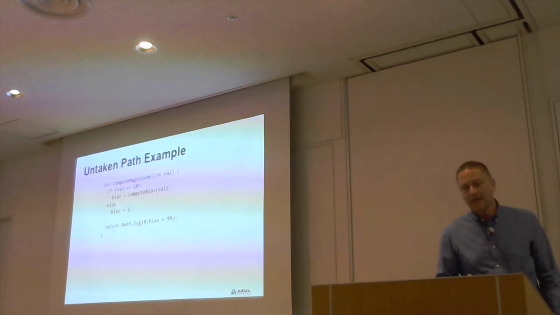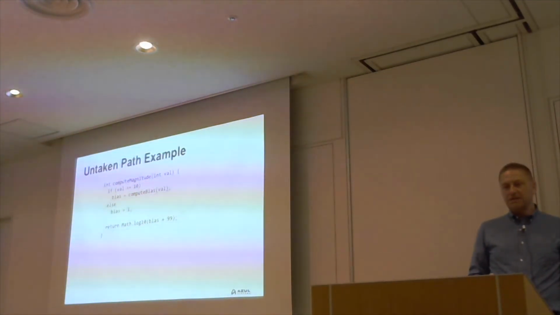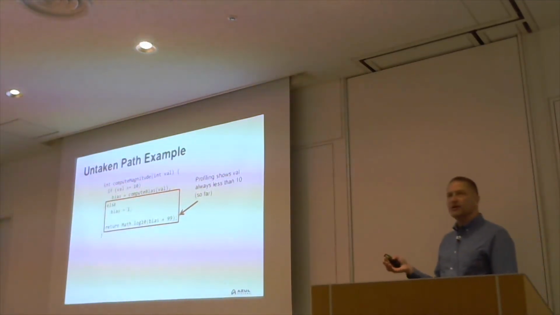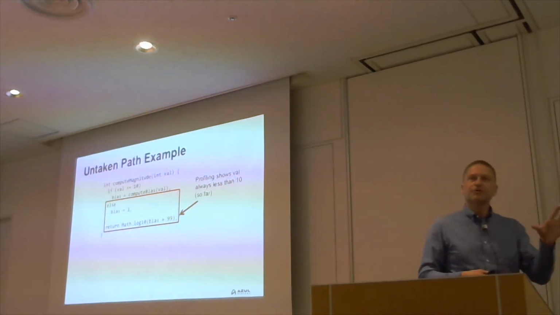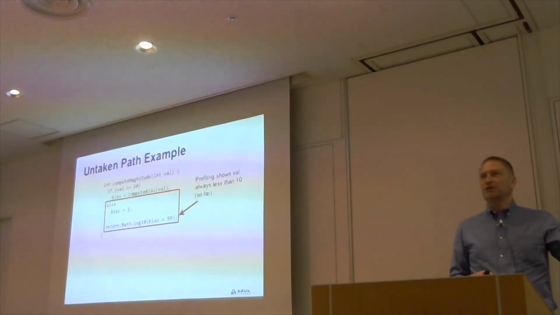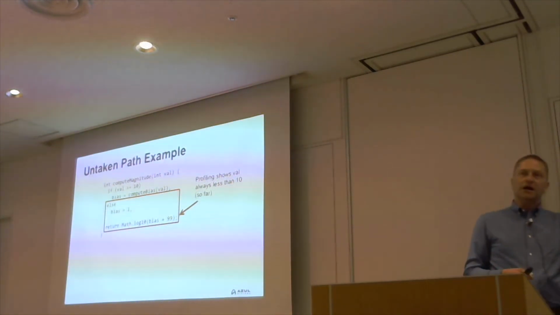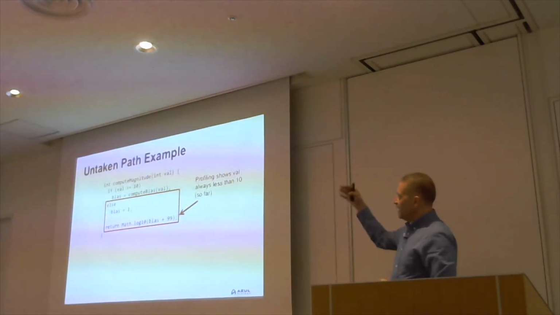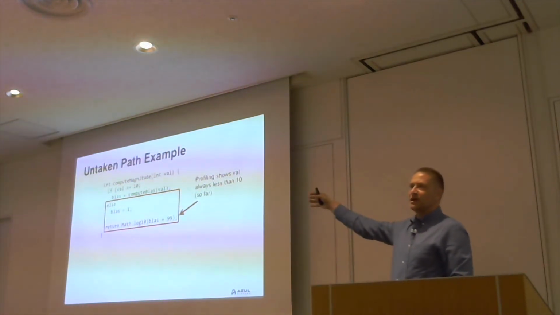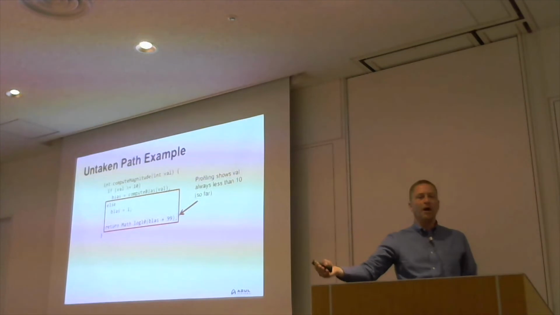What we might find is that we run the application, we profile it, and a situation where you get a value greater than or equal to 10 almost never happens. It's a very unusual, almost like an error condition. So all of the time you're running this application, it goes through the part of the if statement which ends up with the bias being 1.